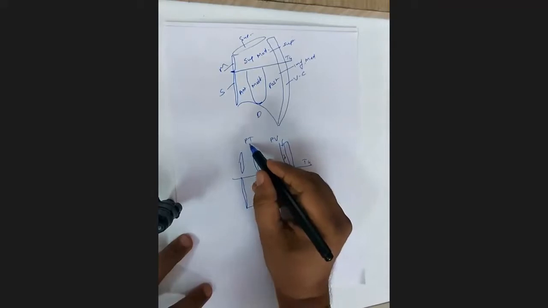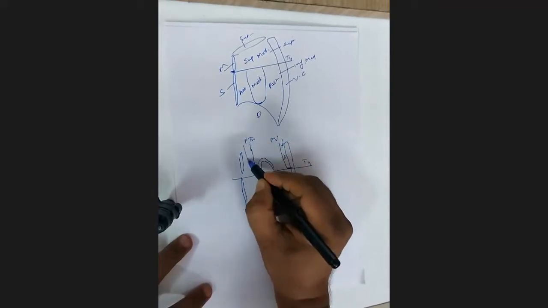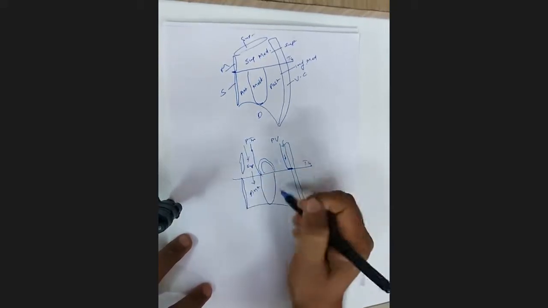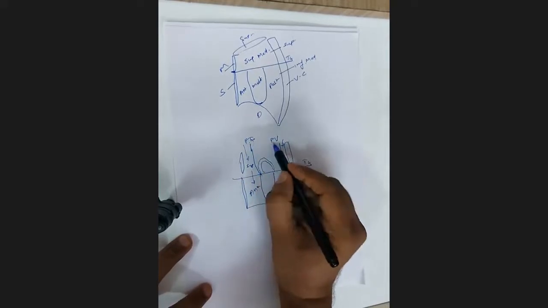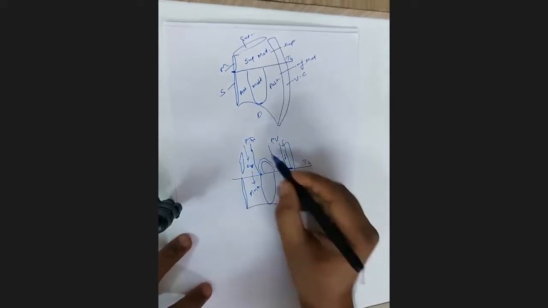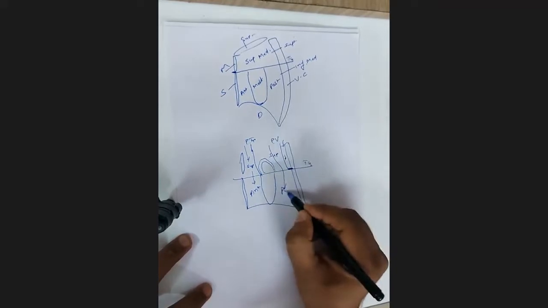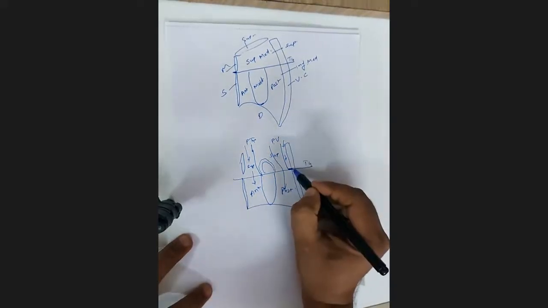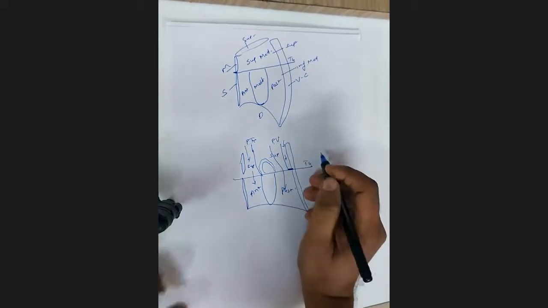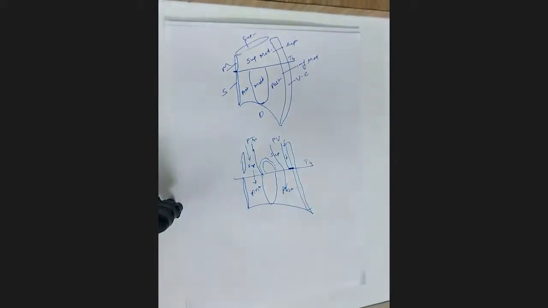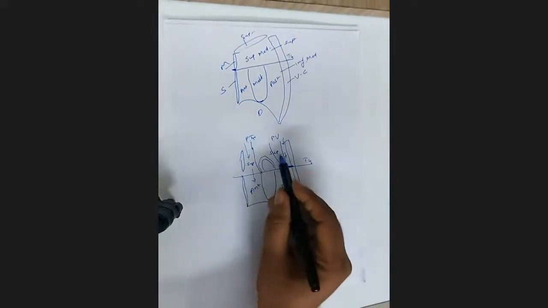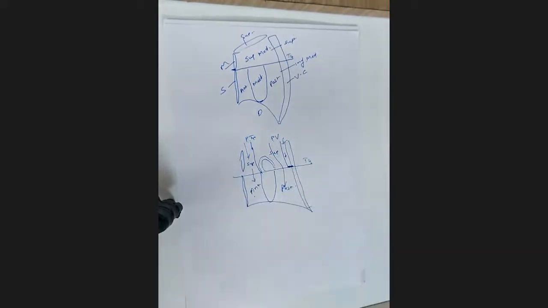Any pus anterior to pretracheal fascia will pass from superior mediastinum into the anterior mediastinum. Now, any pus between the pretracheal fascia and prevertebral fascia will pass from superior mediastinum to posterior mediastinum. So this we need to understand. Pus behind the prevertebral fascia is restricted to the superior mediastinum because prevertebral fascia is attached to T4. Pus anterior to the pretracheal fascia passes from superior mediastinum to anterior mediastinum. Pus between pretracheal and prevertebral passes from superior to posterior mediastinum.